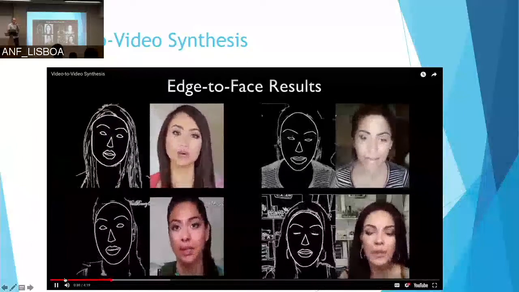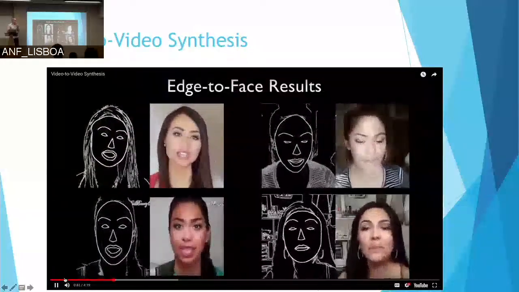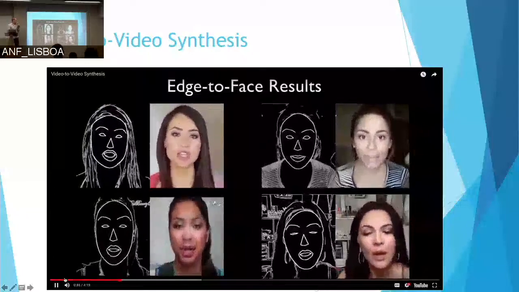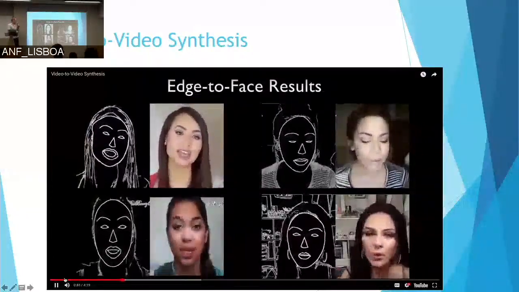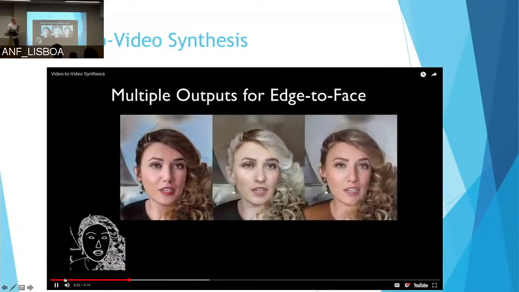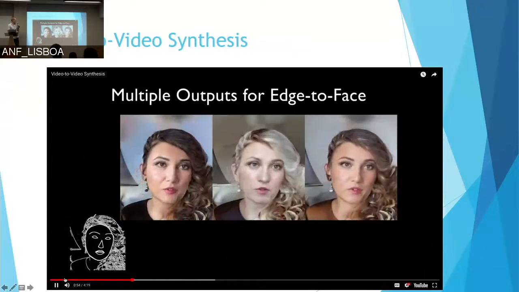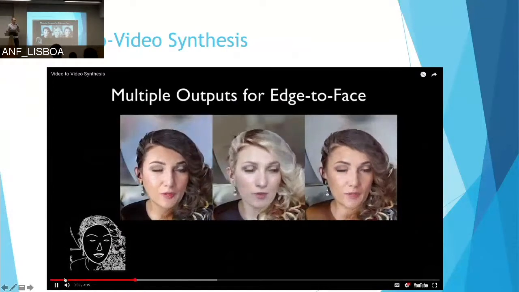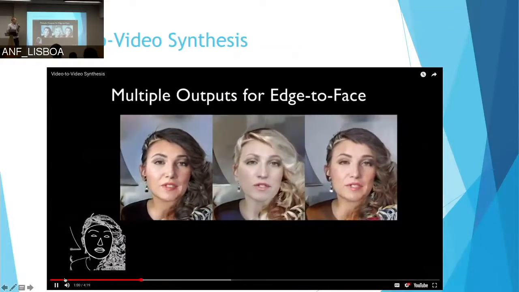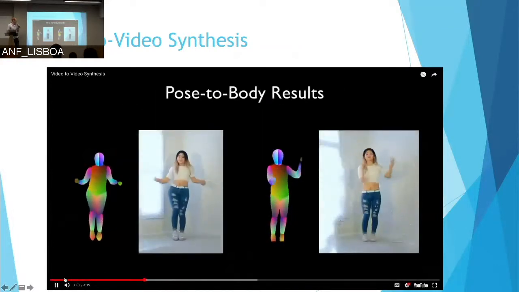They're not real people, they're synthetically generated people. But of course, this is very high quality. Here's an example where that's the input, and then you can generate 3 different kinds of output with some extra randomized inputs. The 3 alternative people corresponding to that.